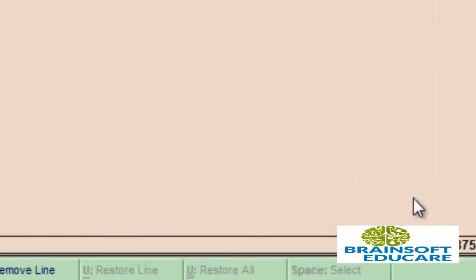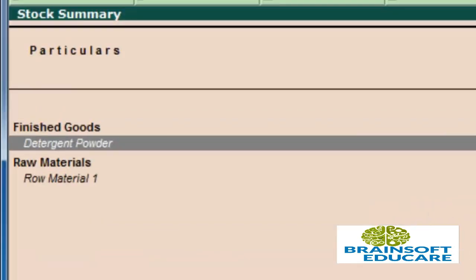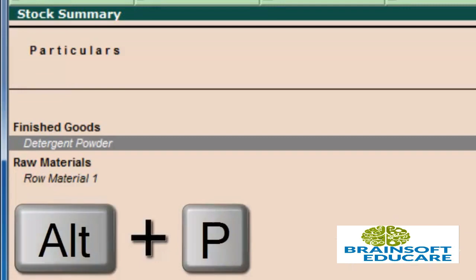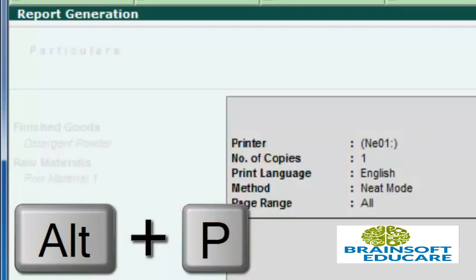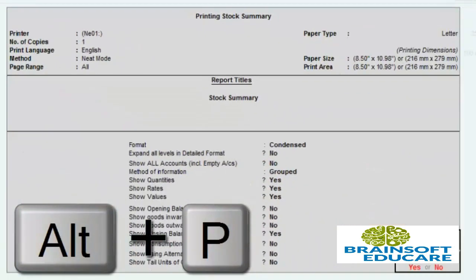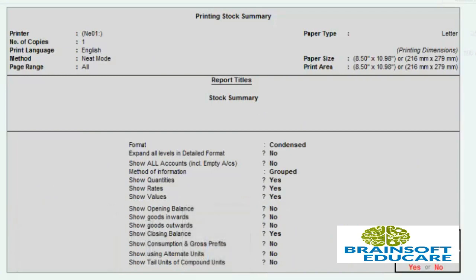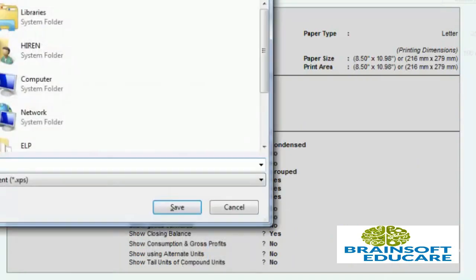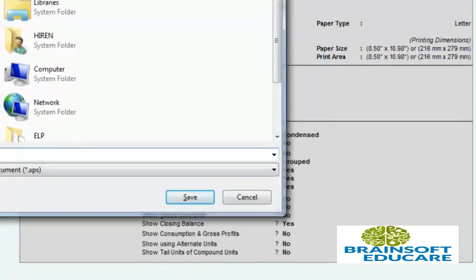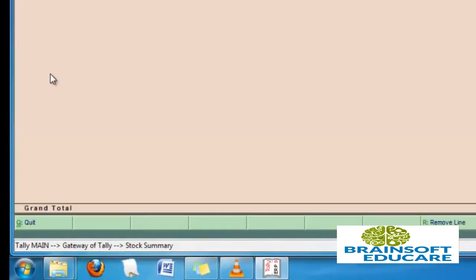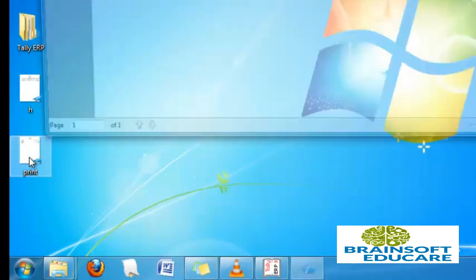Now I want to print the stock details, so I have to press Alt plus P. It will ask if you want to print; if you do, press Enter. If you have a printer connected to your computer, it will directly generate the print, but if you don't have a printer connected, then you have to save this. Now I can open that print